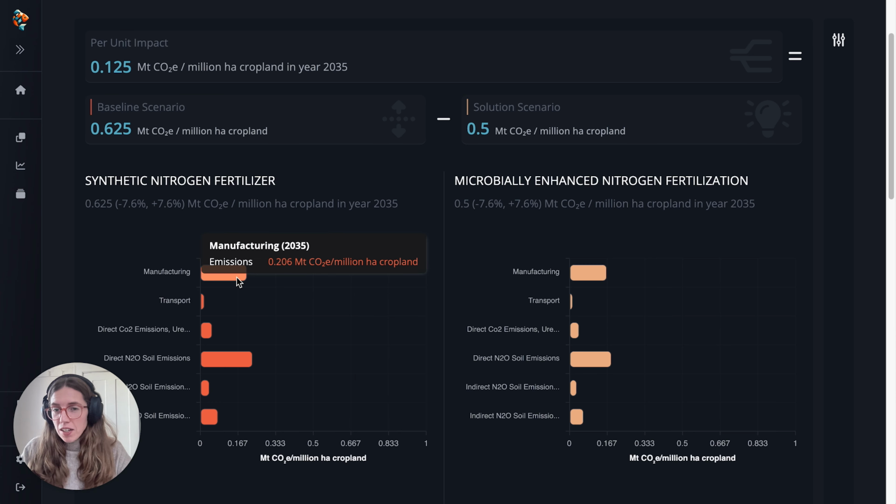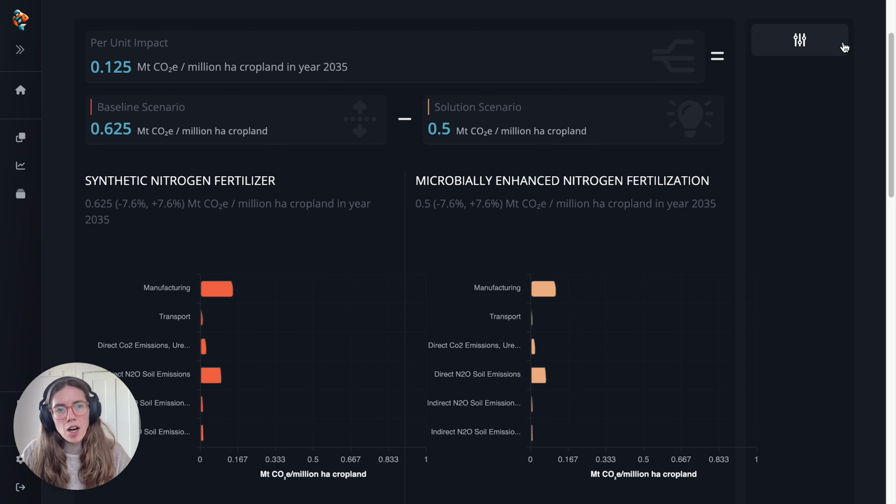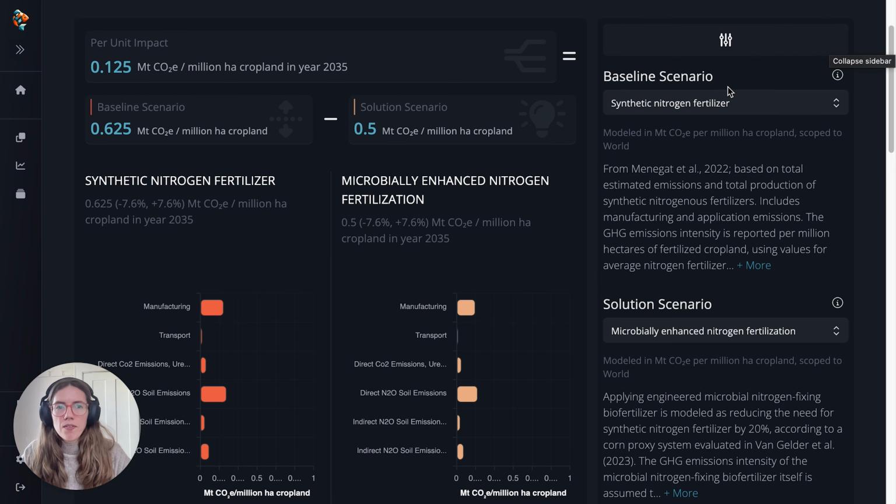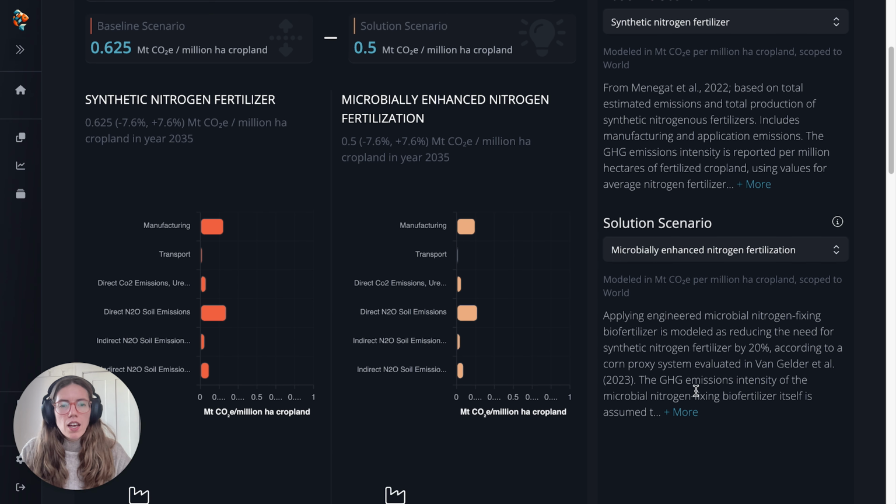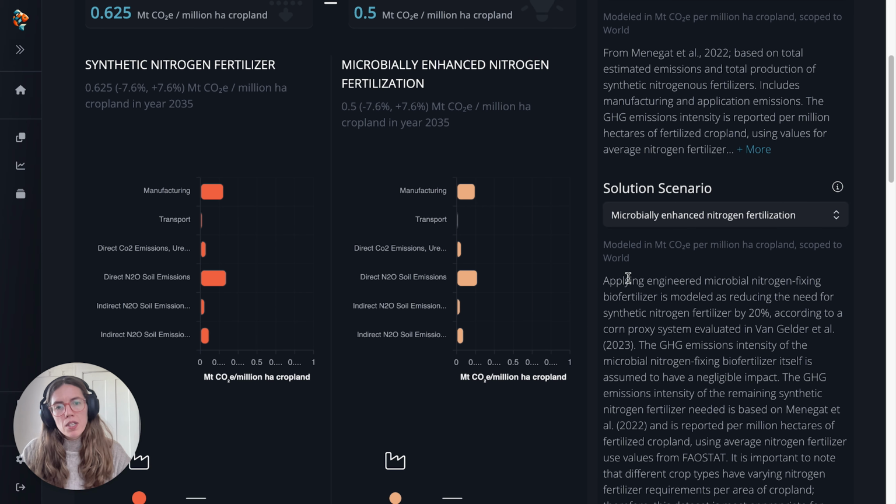Okay, so now if we want to look a bit more at how the solution scenario has been put together, we can pop out this little sidebar. It gives us some options for selecting baseline scenarios and solution scenarios. I'm going to just expand this description of the solution scenario so that we can explore how it's been put together. And really the key here is that